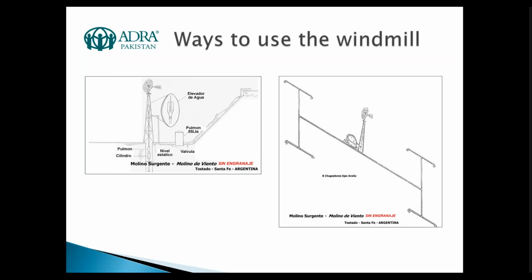We were discussing with the government in Pakistan; the area that we are working in is desert. In many of the places they have salty water, but 3 or 4 kilometers far we are setting one windmill with pure and sweet water. And then we're making the plan for them to set the windmill there and pump the water through the windmill to that community that is 3 or 4 kilometers far. There are many, many ways to use the windmill to meet our needs. Okay, we will pass to the next one.